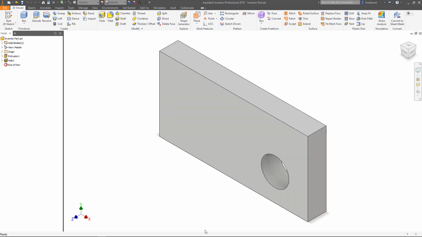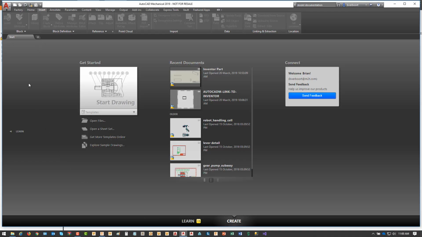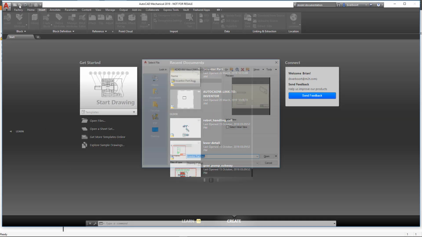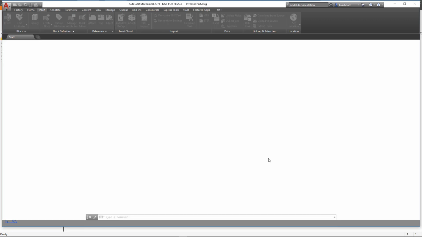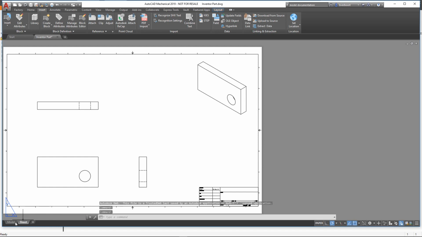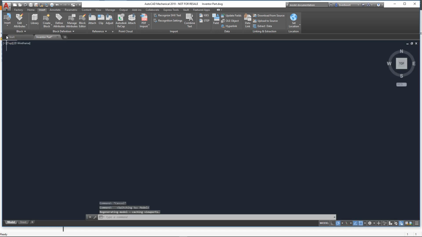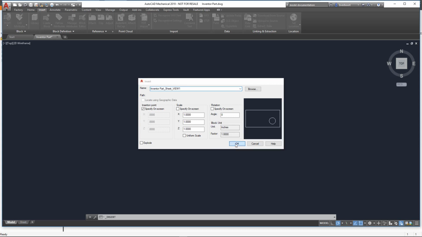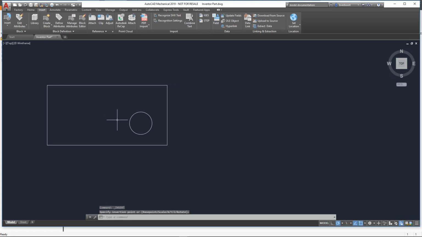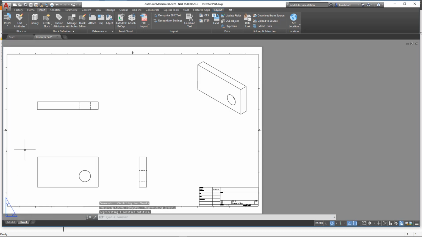advantage. Upon opening the DWG file that is created by Inventor in AutoCAD, we see the expected drawing information as it was created by Inventor. However, there's also access to the AutoCAD model space environment. And upon a closer look, you can see that the DWG file also contains a list of all the drawing views that Inventor created. These are available in the form of AutoCAD blocks. These blocks can be inserted into model space in a selected location with a specified orientation and scale, just like